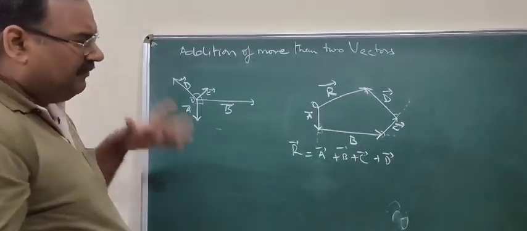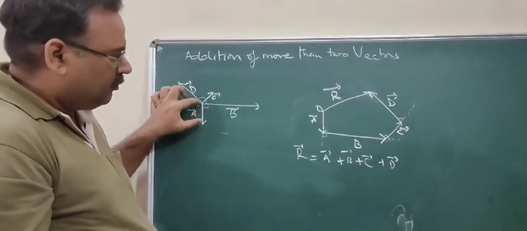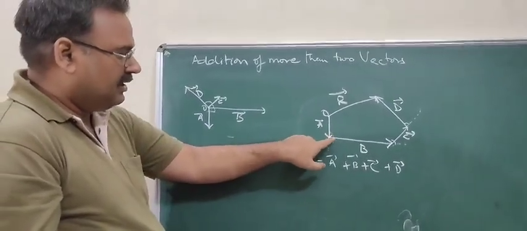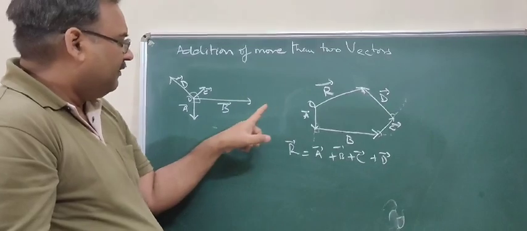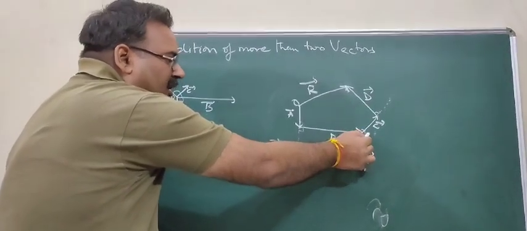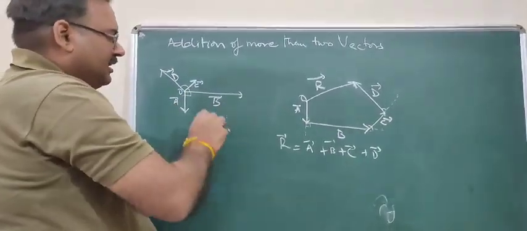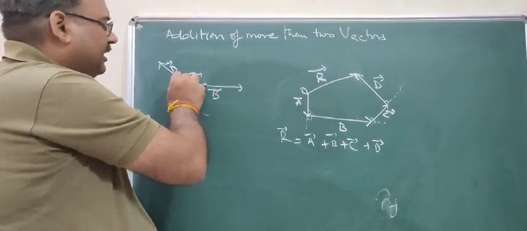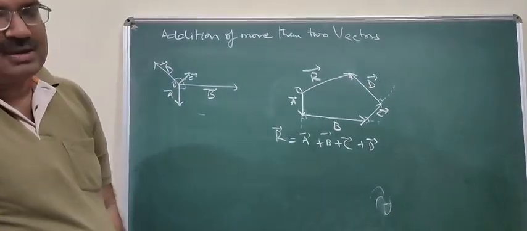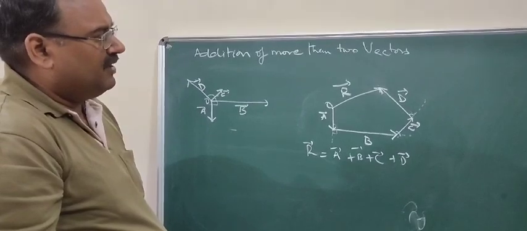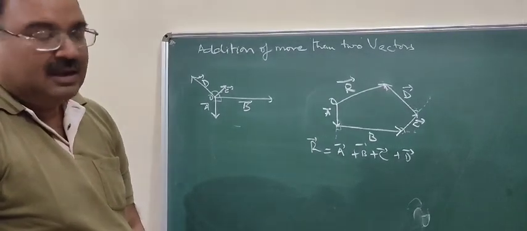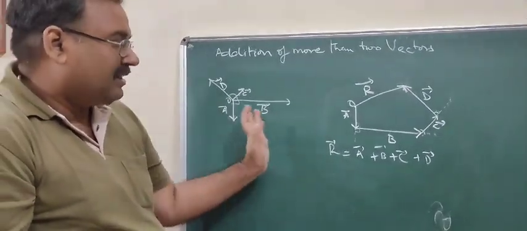Okay. So what have we done here? Once again, we started from O. The angle between A and B: we produced A, took that angle from here, and made B with the same magnitude up to here. Then the angle between B and C: we produced B's final point, took that angle here and made C, with C's length the same as drawn here. Then the angle between C and D: we produced C, took that angle from here and drew D. Now to sum, we joined the initial point of A and the final point of D, and we get the sum of these vectors A plus B plus C plus D. Okay. Now I have taken all the vectors in sequence.